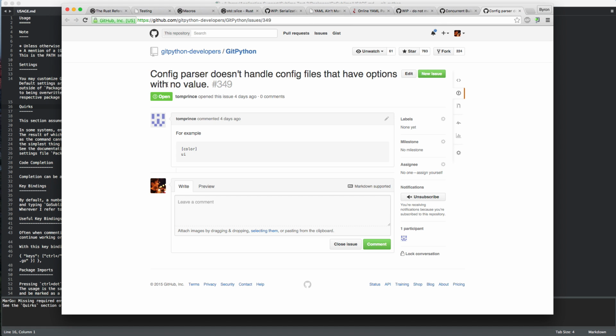Config parser doesn't handle config files that have options with no value. Alright, so there's not much to that ticket, but there is an example that should help me to reproduce it. It's one of these tickets that have been made in a hurry, and certainly there's a reason for the person to be in a hurry, but also